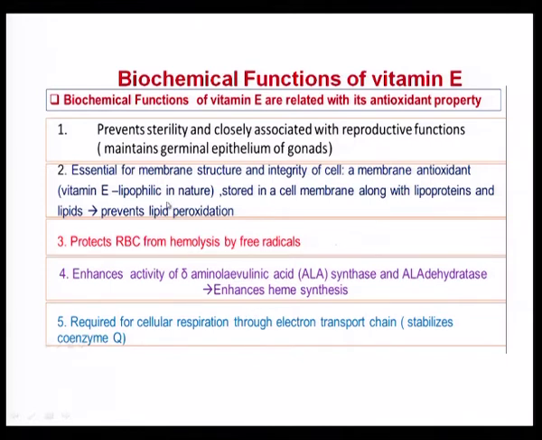When we talk about lipid peroxidation, there is an enzyme called glutathione peroxidase, and these enzymes efficiently use selenium as a cofactor. So for effective absorption and availability of selenium in glutathione peroxidases, you require vitamin E. Without vitamin E, glutathione peroxidase would not be able to acquire selenium to a level to carry out